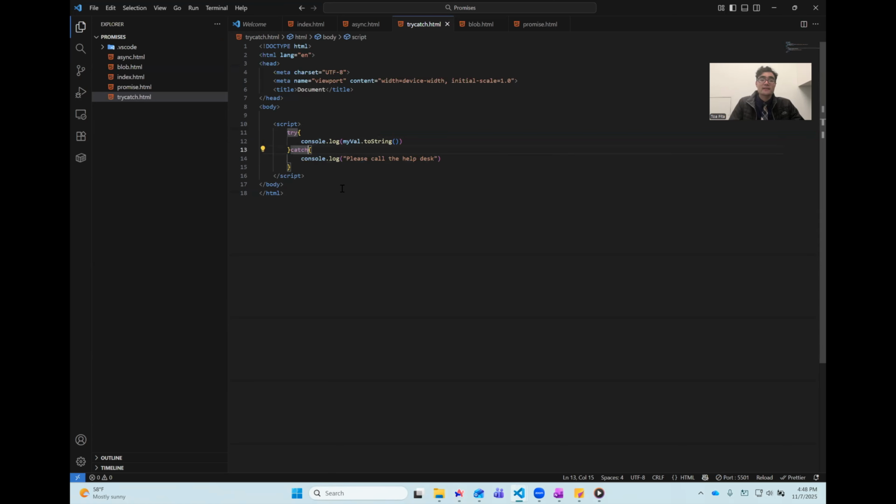And as a matter of fact, catch, you can actually put parentheses after it, and it will receive the error that happened. So then you can log out that error. So I could log out a formatted string here, and I could say, the code is experiencing difficulties. Please call the help desk and tell them you are experiencing this error. And then, because it's a formatted string, I can put in the error that I received from this